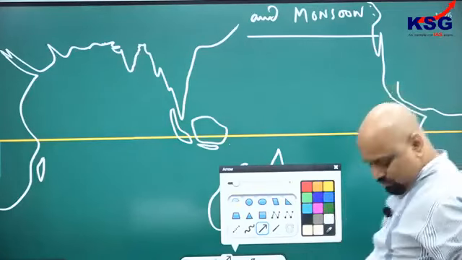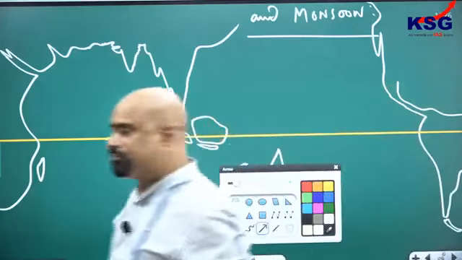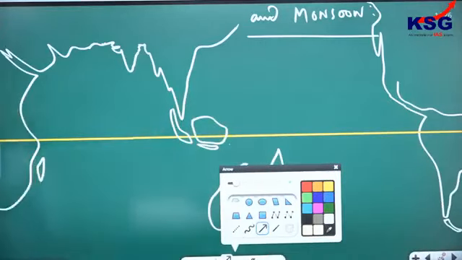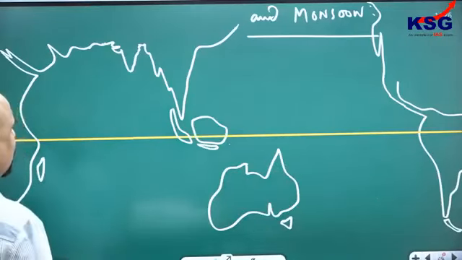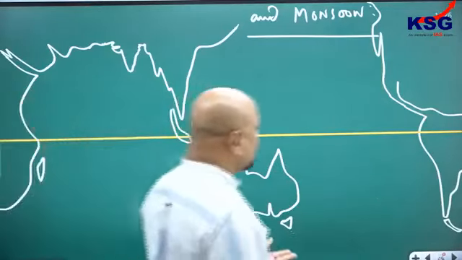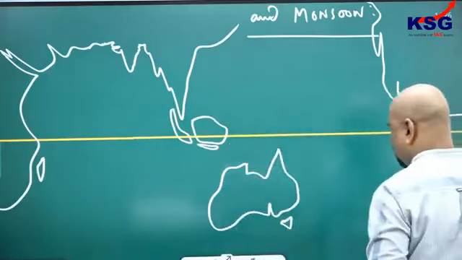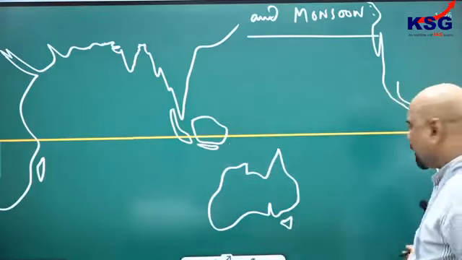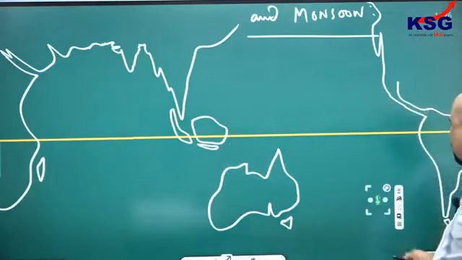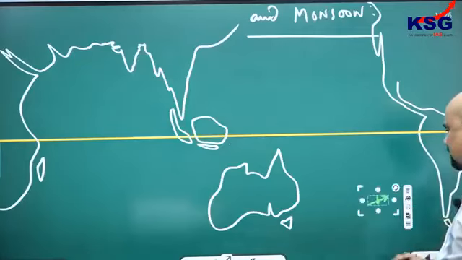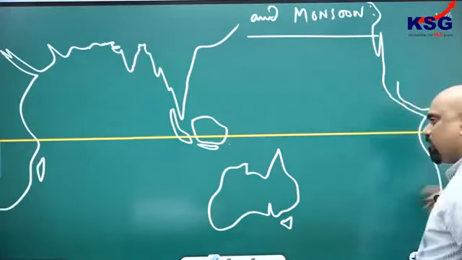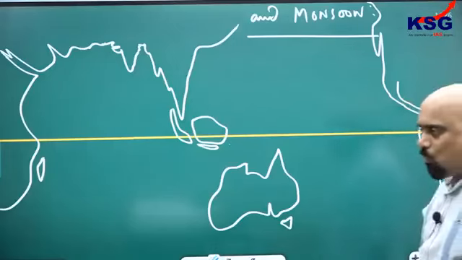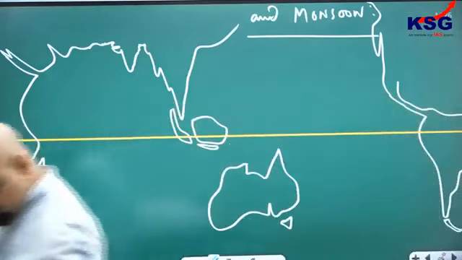We know that here you have the warm oceanic current replacing these regions. Here you have the cold oceanic current. Generally, what is the name of the cold oceanic current? Here you know that this is the cold oceanic current known as Humboldt current. Humboldt current. Just 1 minute.